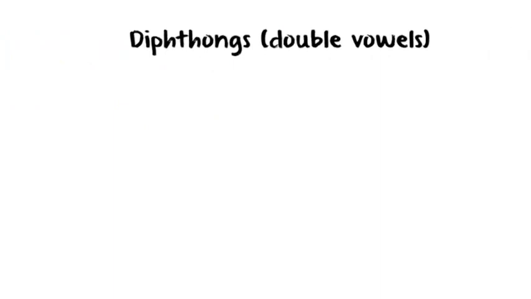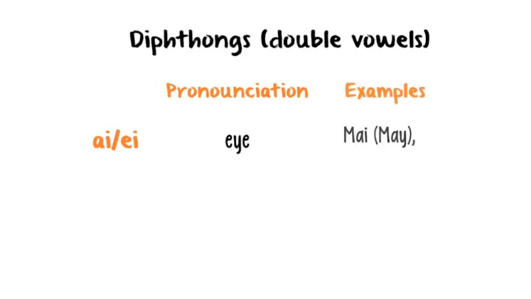In the case of diphthongs, we have a letter combination of two vowels, and instead of being pronounced separately, the two letters have one sound. The first one is EI and AI, which is pronounced like the English word for I. Here we have the example of the word Mai, which means the month May. The second word is Ei,